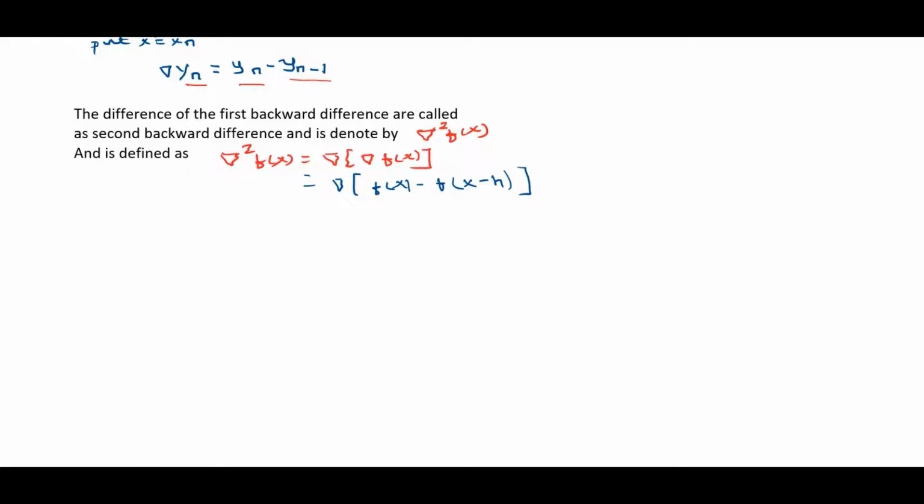Now apply del to both the terms, so that we can write del square f of x is equal to del into f of x. This del into f of x is equal to del f of x minus del into f of x minus h, which is del f of x minus h. So this is the general formula for